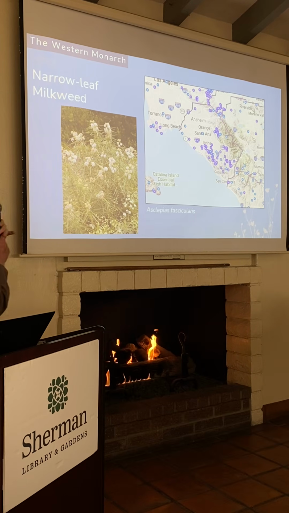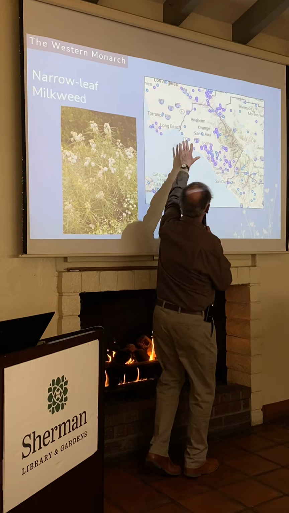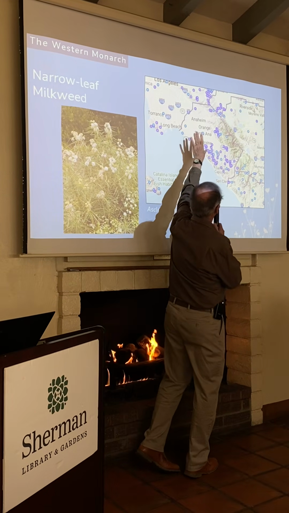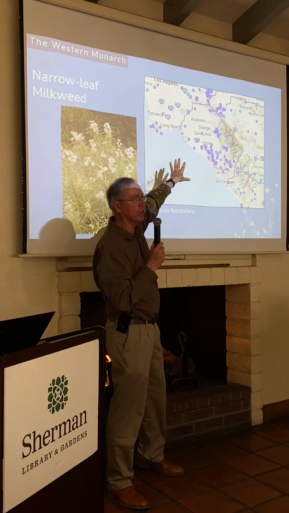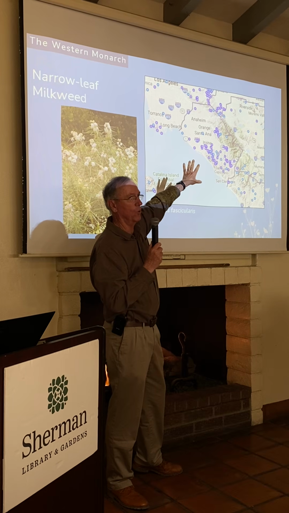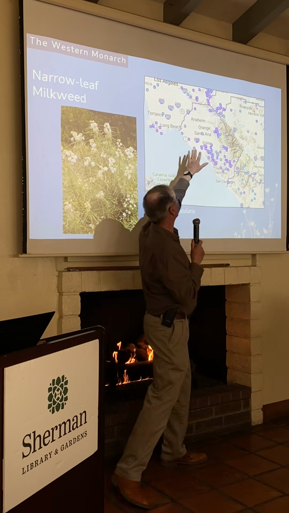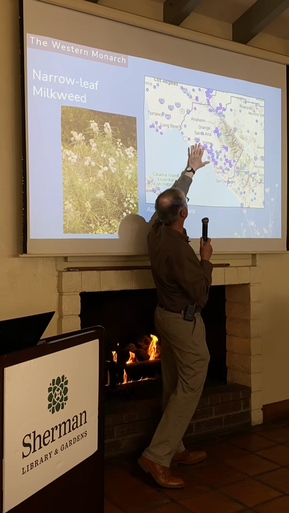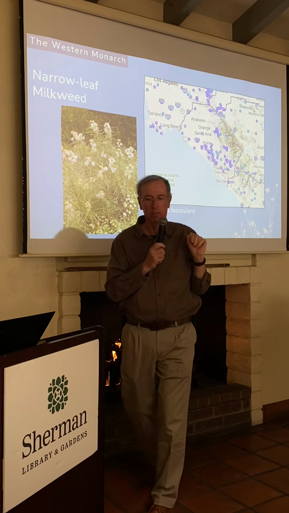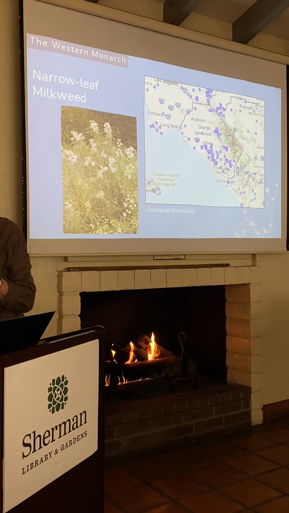Now historically, if we didn't have 3 million homes scattered in that basin area, there would have been milkweed there too. So that would be part of the range too, but most of this isn't habitat anymore. It's urbanized.